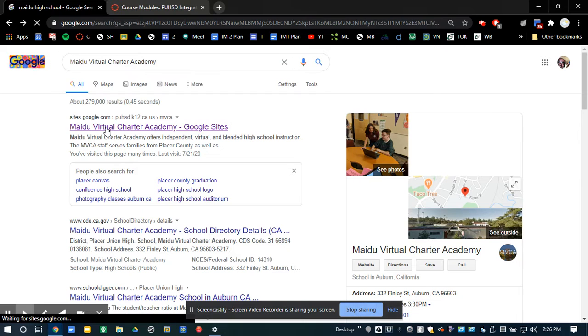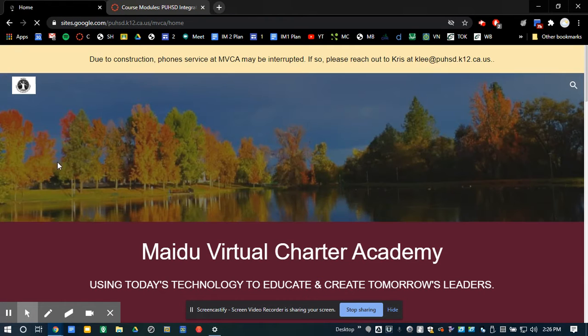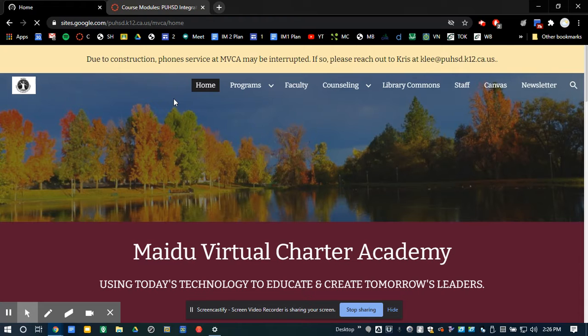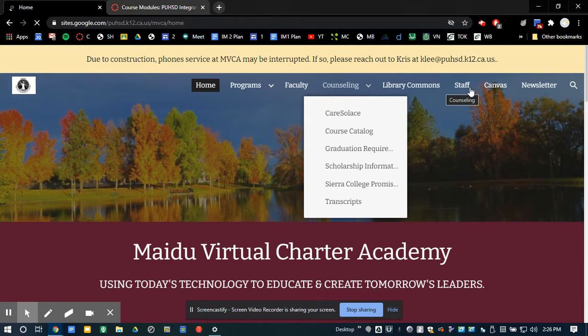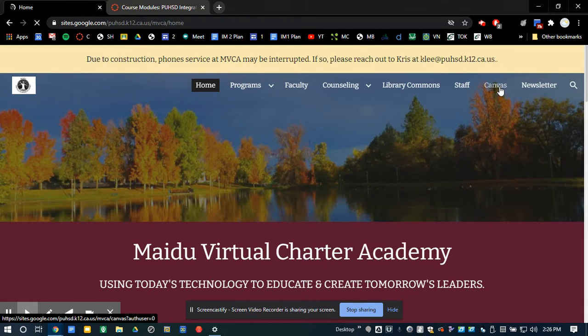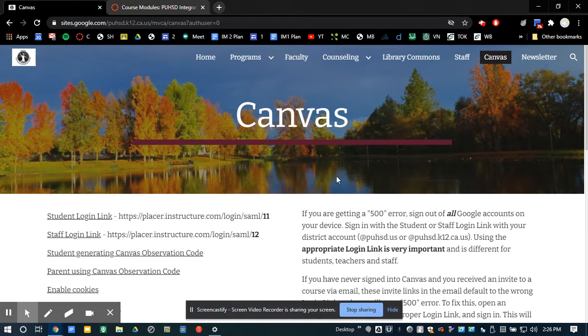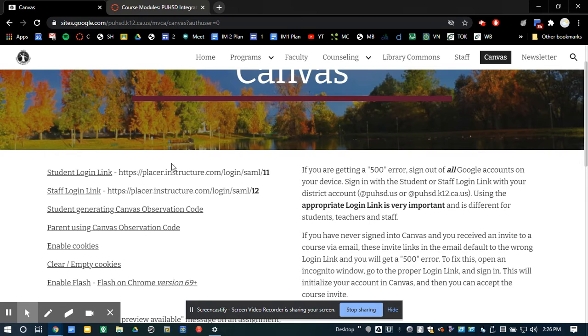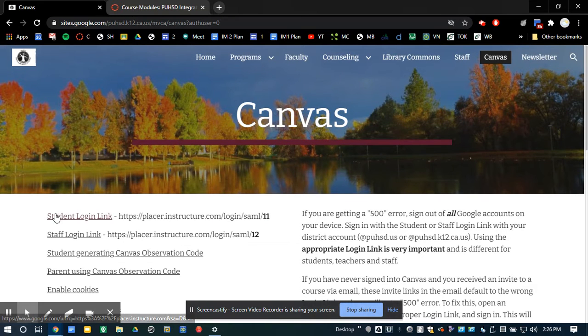Click on the first link. It will bring you to this site. Across the top, you will see Canvas. So click on the Canvas link. And once you click on the Canvas link, it will bring you to this page where there's a student login and a staff login. Okay, click on the staff login,